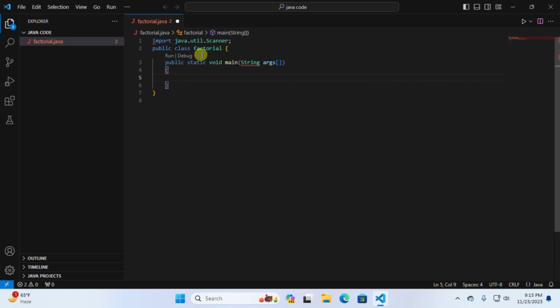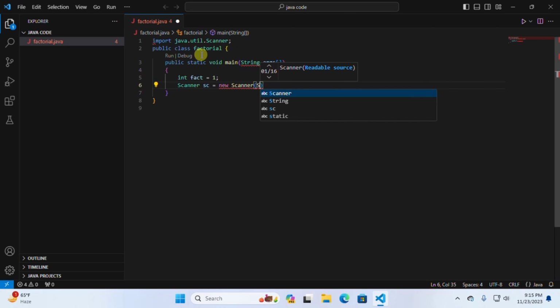Now we have to create the fact variable. Its initial value will be 1. Now we need to create the Scanner object. Scanner sc is equal to new Scanner(System.in);